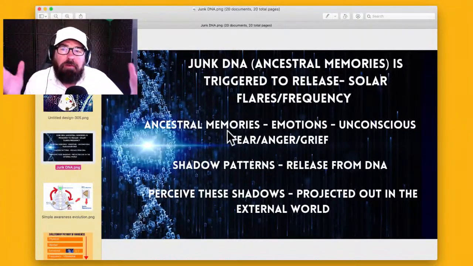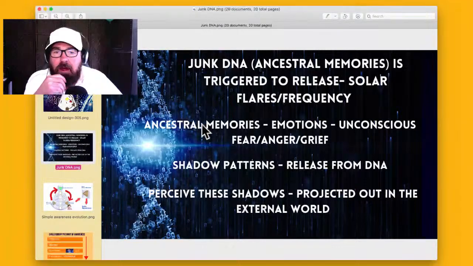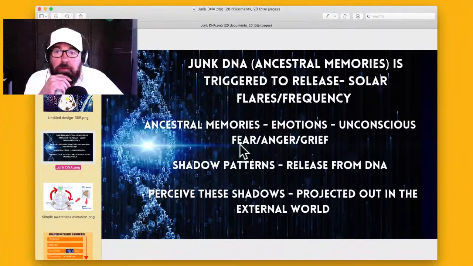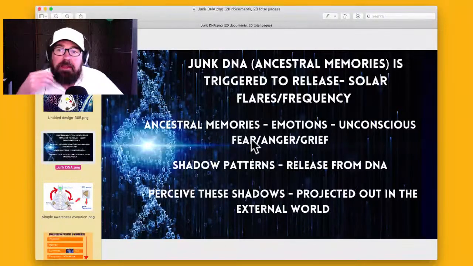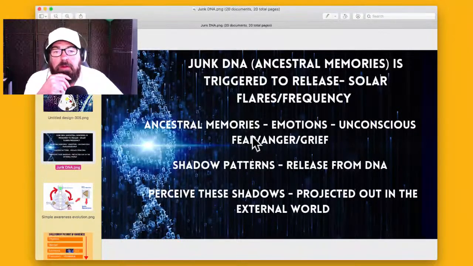Well, we've got to purify the past, and this means purifying all of our ancestral memories of the bad decisions that our ancestors made in the past, right? Where they chose to react. They forgot who they were, right? That they were spiritual beings having human experiences, and then they started to react from fear, anger, grief, react to the mirror, and that incurs karma.